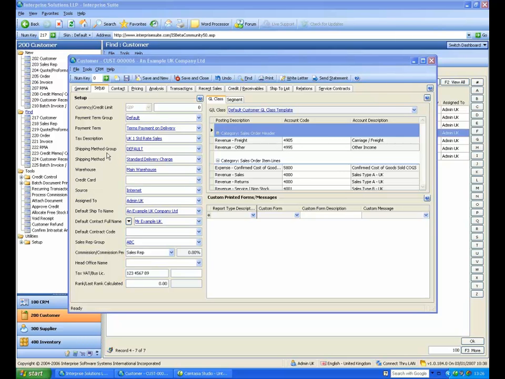Same with shipping methods as an example. It may be that you offer next day to UK customers, but you can't offer next day to EU customers or customers in the States, because obviously you just can't do it. So what you do is you group your shipping method types together, so you know what you can offer a particular customer. Okay, default tax code, default warehouse, and which user they're assigned to in the main,